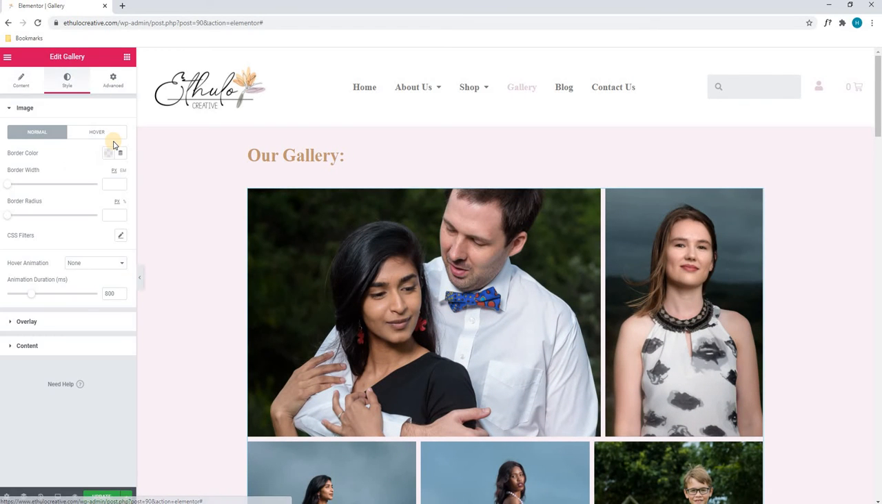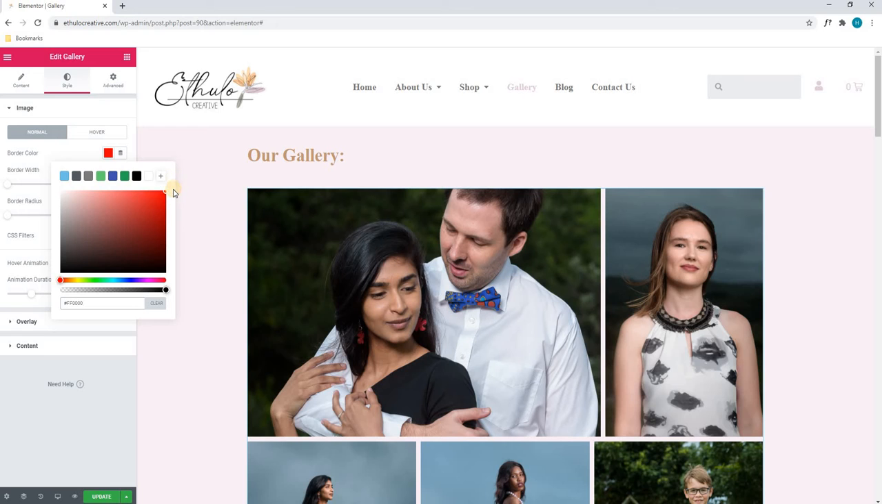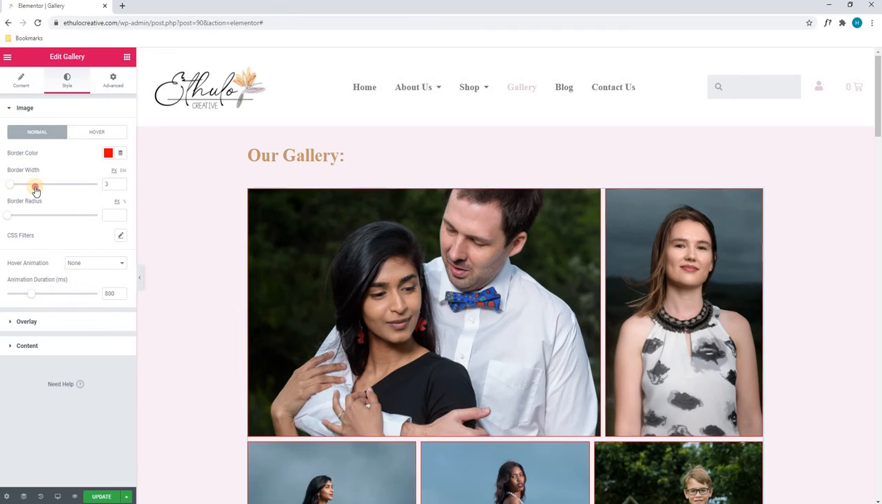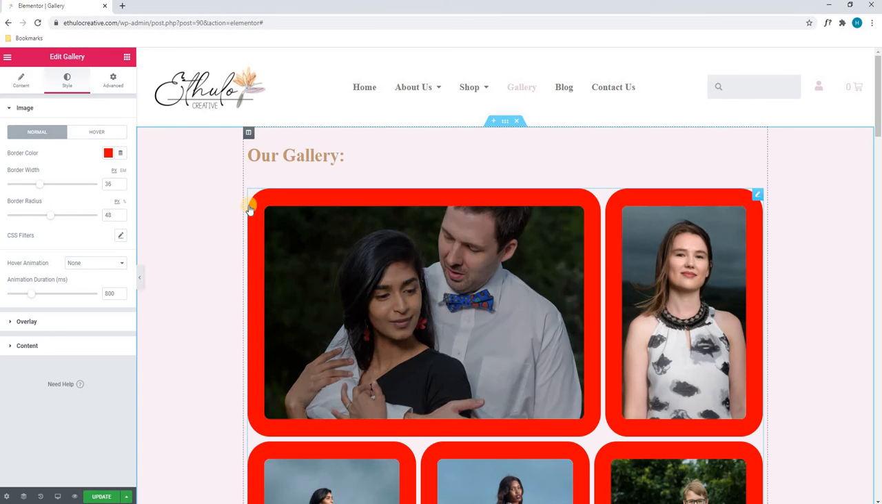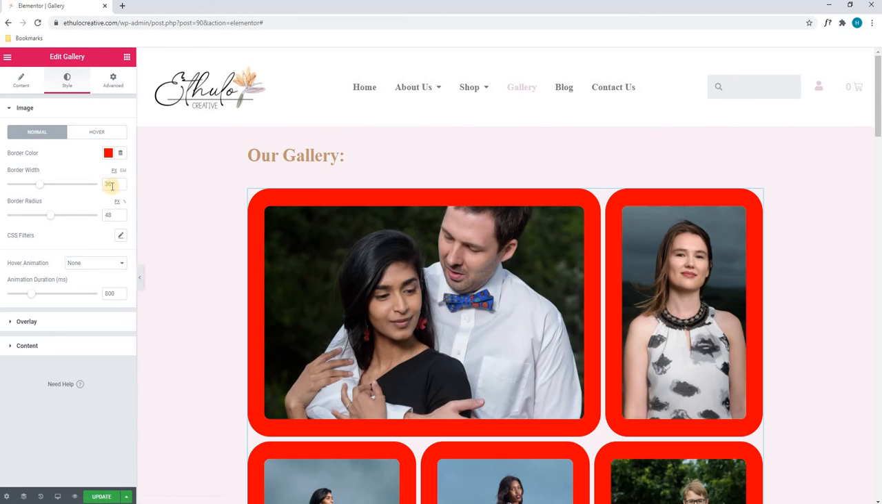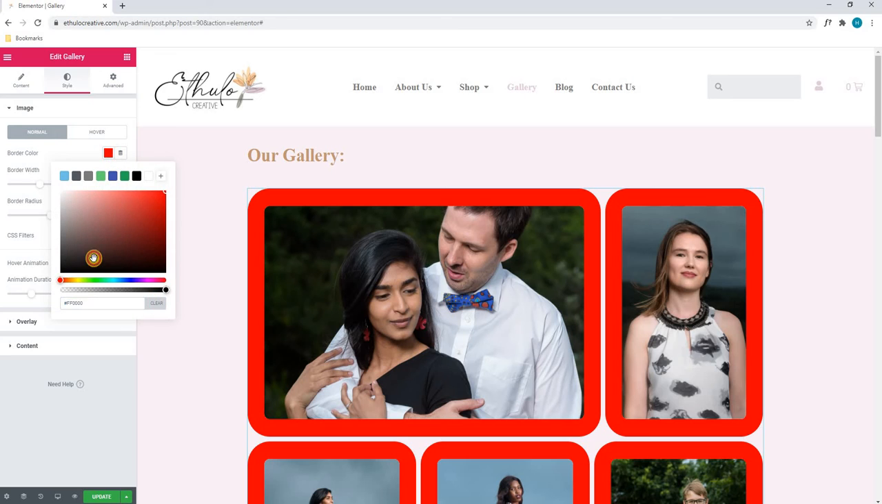Moving on to the styling section, here we can choose the border color, which we can simply choose here. We can choose the border width, as well as the border radius. As you can see, the border radius will be the edging of this. We will now set that back to default,